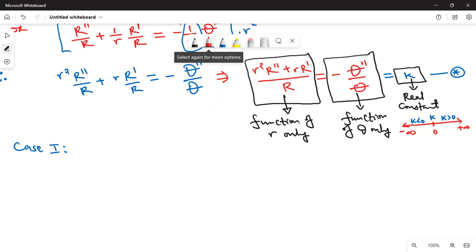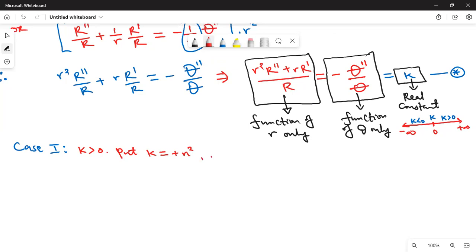But now, with cylindrical coordinates, let's start with the case when k is greater than 0. We put k equal to positive, and instead of lambda squared, let me use n squared,